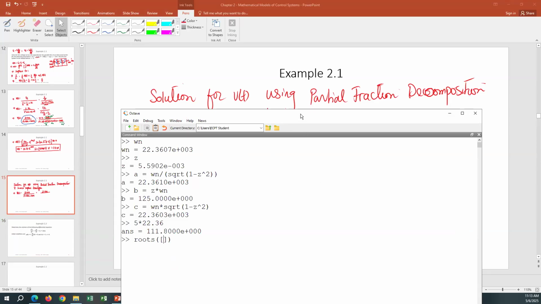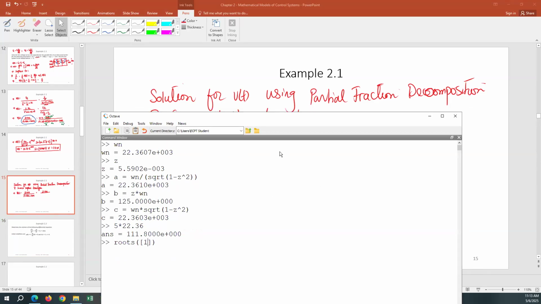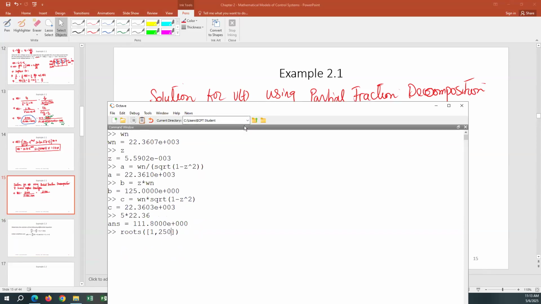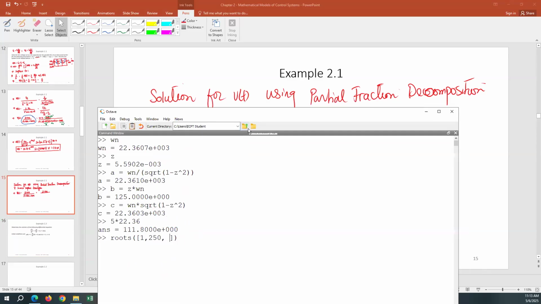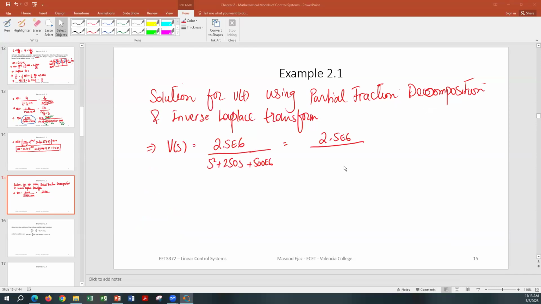So I have 1, you put the coefficient of s squared, 1, the coefficient of s, which is 250, and the coefficient of the constant, which is 500 exponent 6. So I have two roots, negative 125 plus 22.36 exponent 3 j, and then negative 125 minus that. So it's a complex conjugate pair. We know it's an underdamped function. So I can write this down as